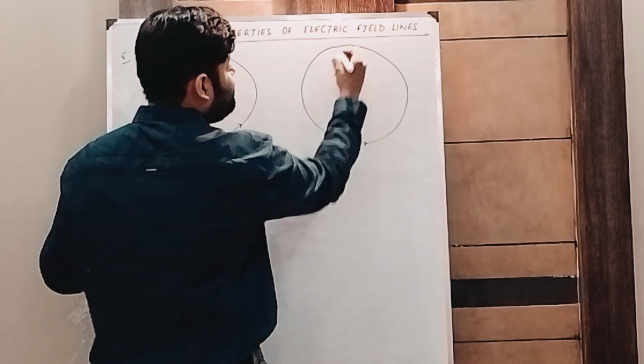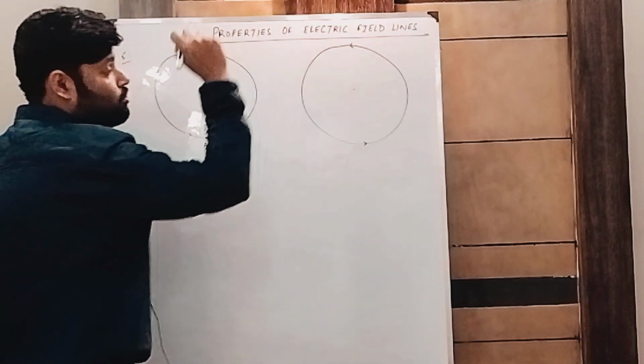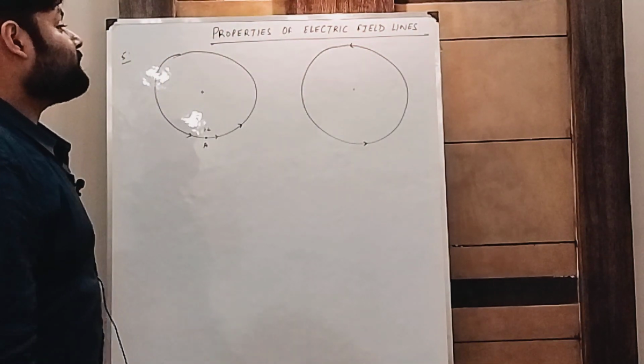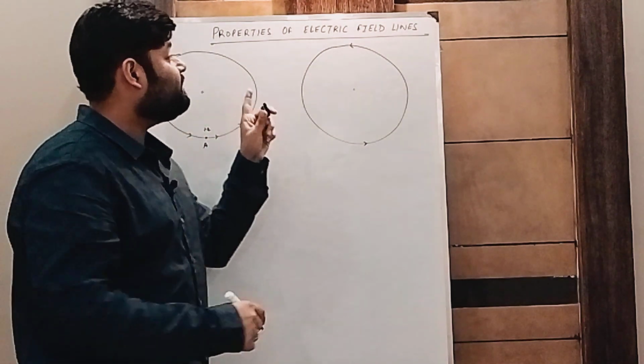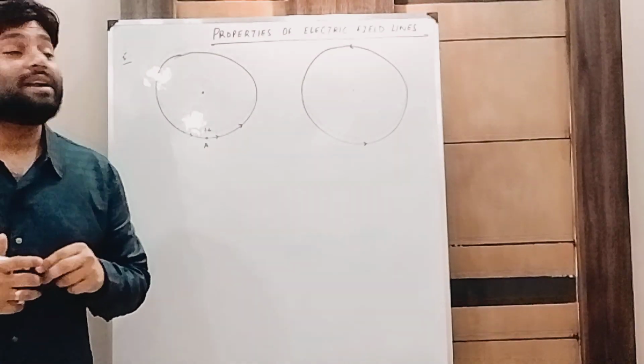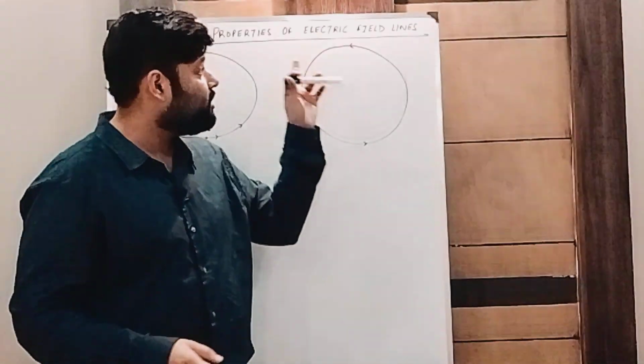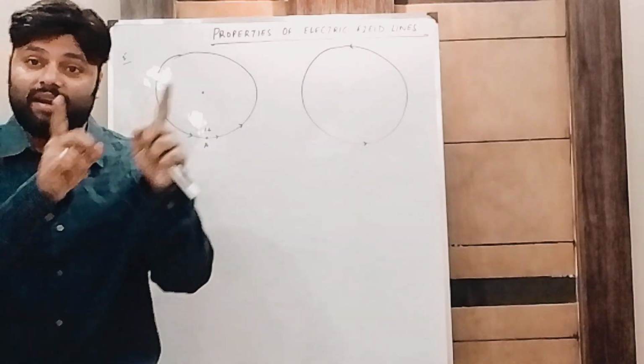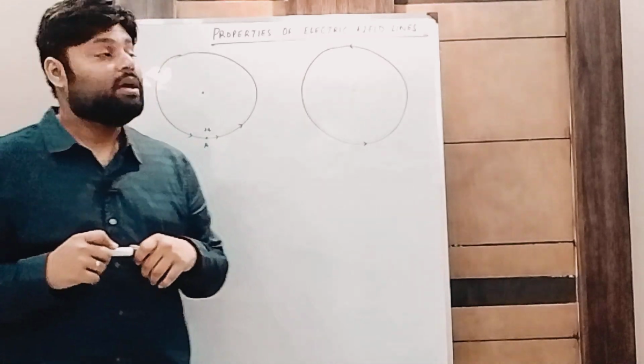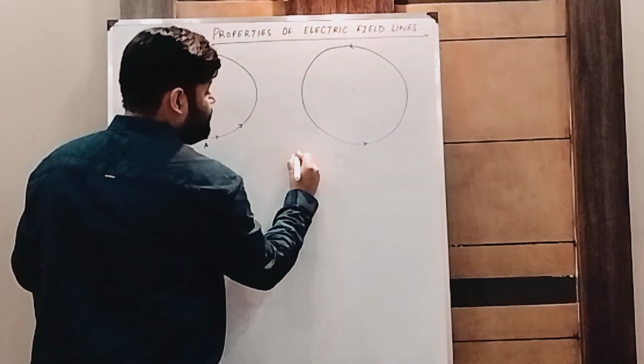This is how the electric field lines are in a closed loop. Now tell me, if electrostatic force is a conservative force or a non-conservative force. This you have studied in electrostatics 1 part. Is the electrostatic force